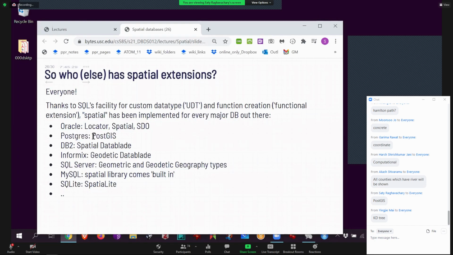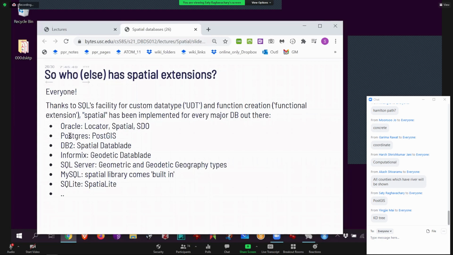If you install Postgres, it includes the PostGIS installation as well. Wow, IBM mainframe going back to the 1960s. They have an old DB2 mainframe that people still buy. Their extension is called Spatial Data Blade. Sounds pretty scary. Blade means layers, by the way, in computing. We use the word blade to mean a layer. So that means a spatial layer.